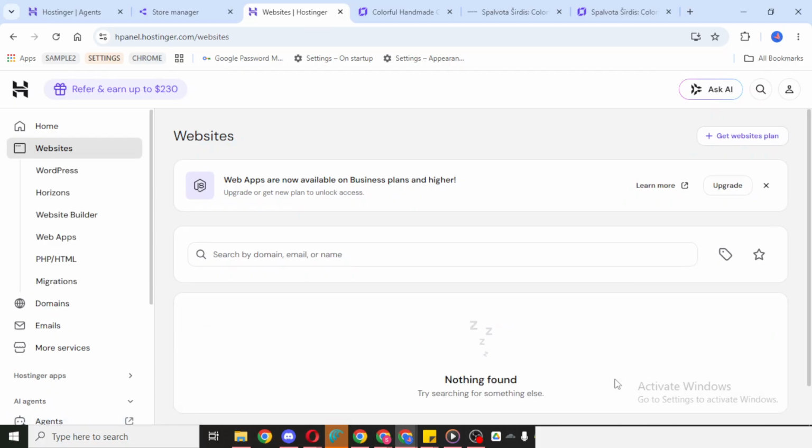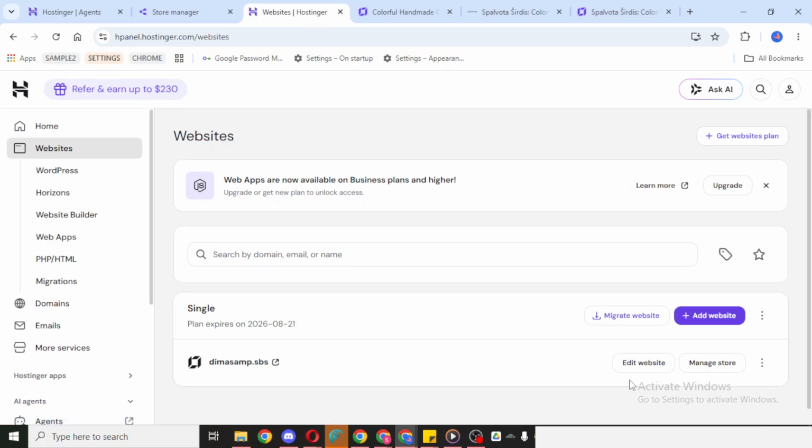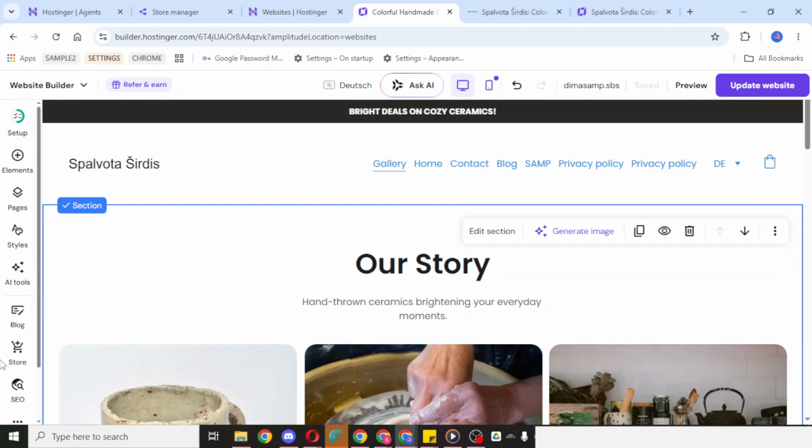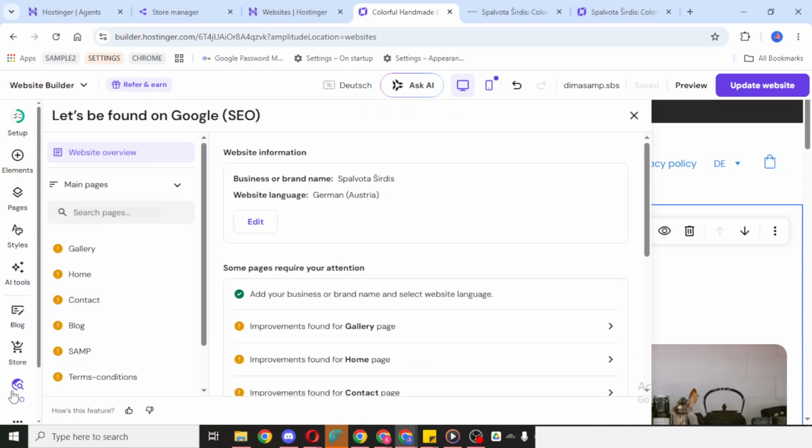After the editor loads, look over to the left-hand panel. This is where you'll find most of the website settings and customization tools. In that panel, click on SEO. This section contains the search engine optimization settings for your website, including the fields where you can update your meta title and description. Once you open the SEO section, you'll see the area where you can enter your meta title